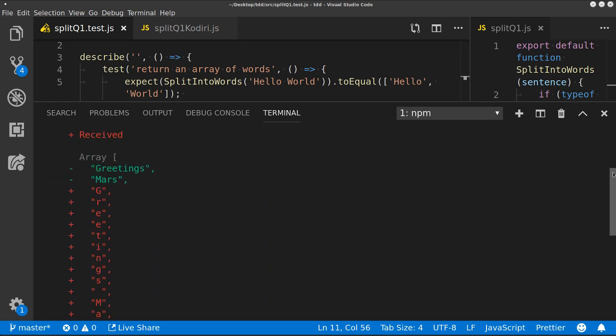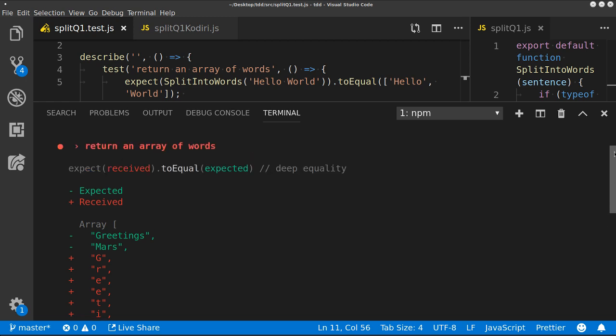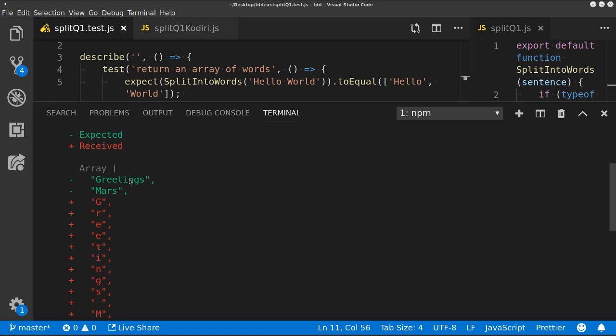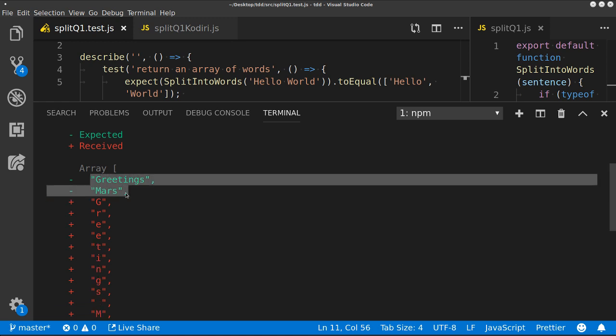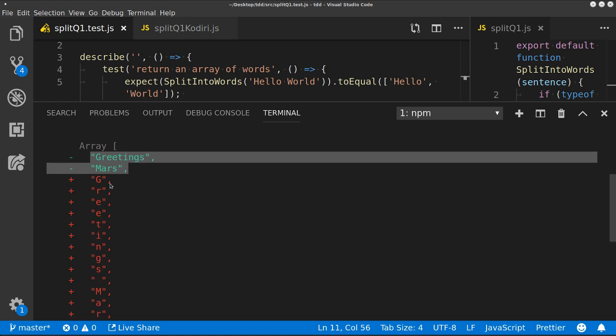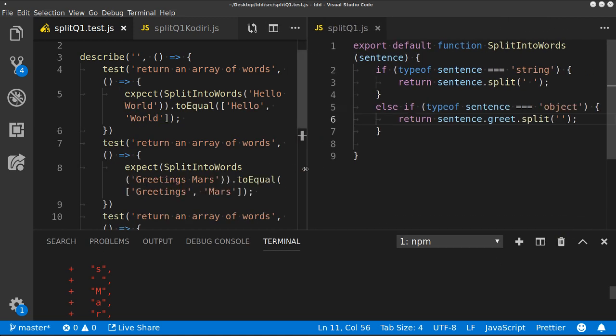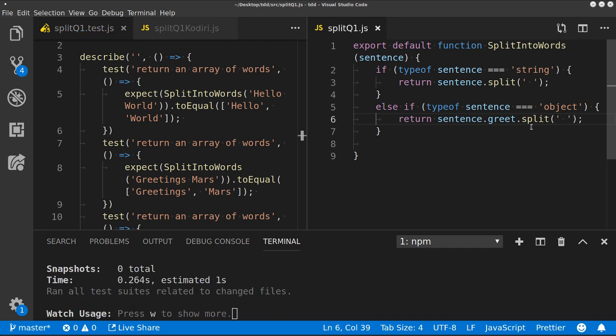Ooh. Yeah. So can we see the difference? So we expected an array of greetings, comma Mars, and we instead got an array of G, R, E, E, T, and so on. So what have I probably done? My separator is probably an empty string rather than a space, and it is. So if we fix that,